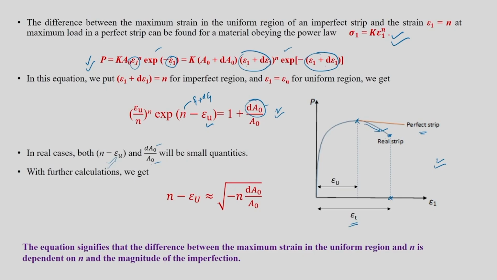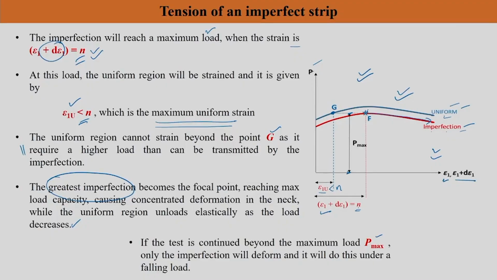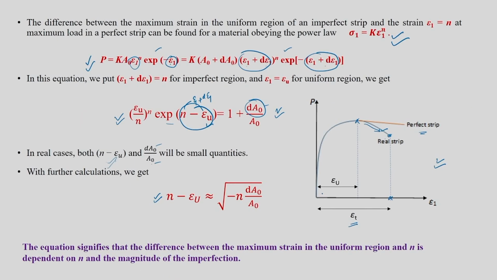So, now what you can do is some simple mathematical calculations. You can expand this part, a series expansion you can do, and this is available in resources. Finally, I will get to one particular equation, which is nothing but this part, n minus epsilon u, which is what we want. N minus epsilon u in this particular graph is this distance. So, what is the difference in strain between the necked region and the outside region? N minus epsilon u is given by such a small, easy equation, square root of minus n dA